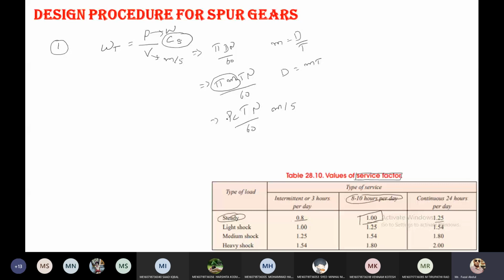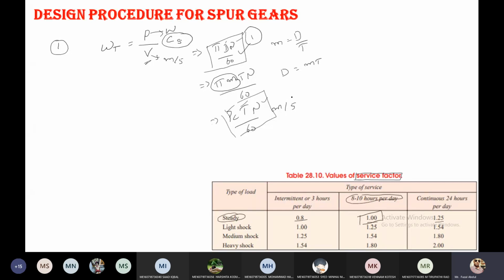Why am I writing this? Because when we need to calculate the velocity and the diameter is known, we can calculate it easily. Based on the parameters we can select the equations. If we have the diameter and speed, we directly substitute the values and get the V value. Otherwise, if we have the circular pitch value, T is the number of teeth and N is the speed, at that time also we can calculate the velocity. That is the reason I am writing this alternate equation.